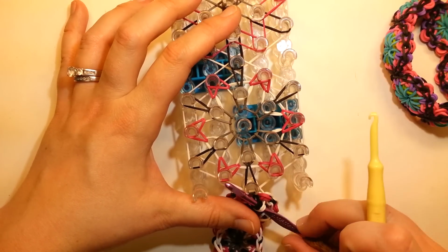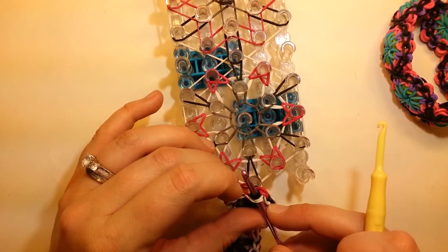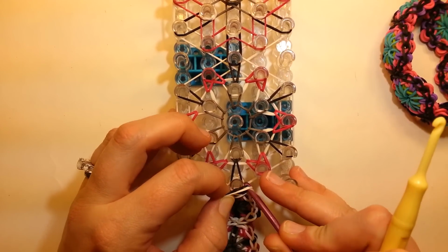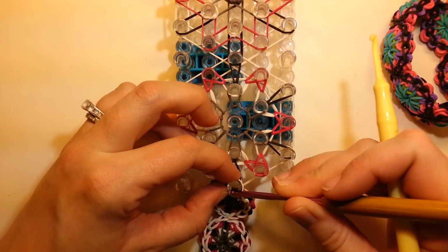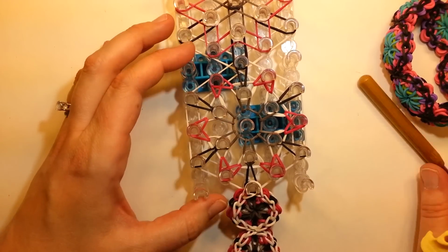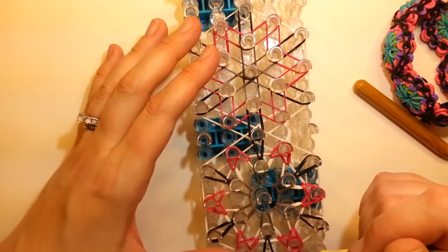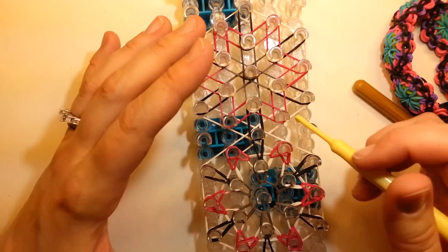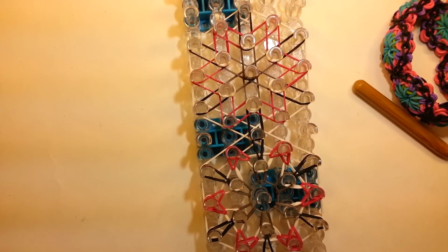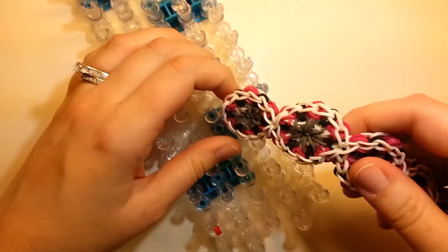So like that, and then once you have this first one loomed up, you can just put the rest of what's on your hook, or however you capture this, onto the pin. And then you just loom everything up like normally. So you go back and you loom out this kaleidoscope, then you loom up the perimeter, and I'm going to do that, and then I'll come back and I'll show you what it looks like as I take it off the loom. Alright, so this is me pretending to take this off my loom, crack, crack, crack, crack, crack, and